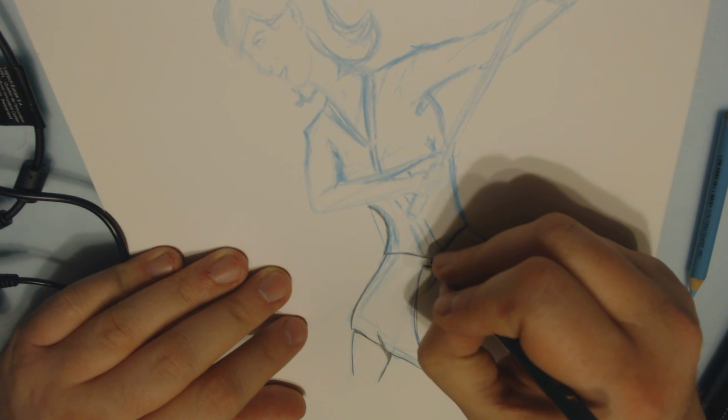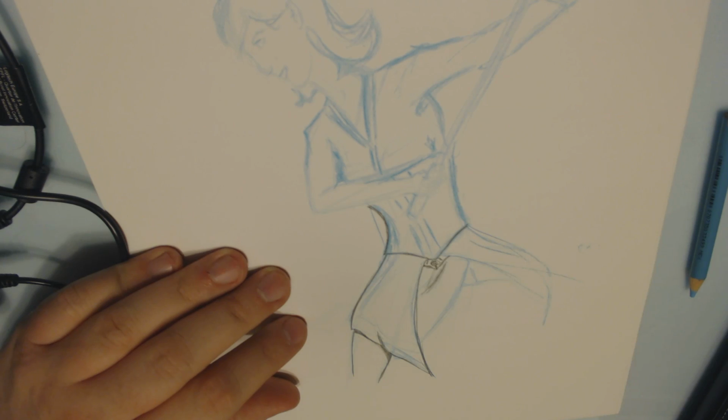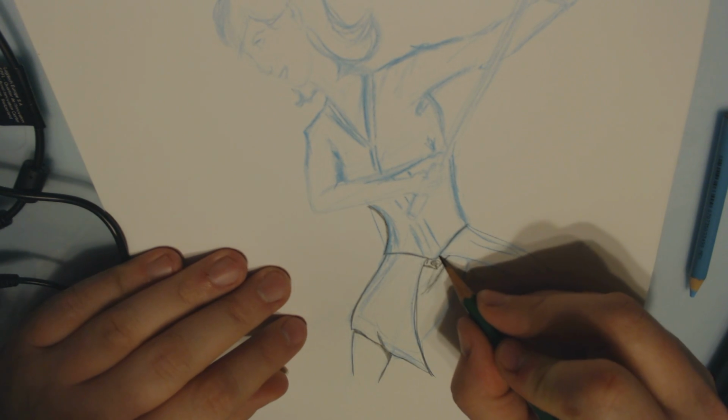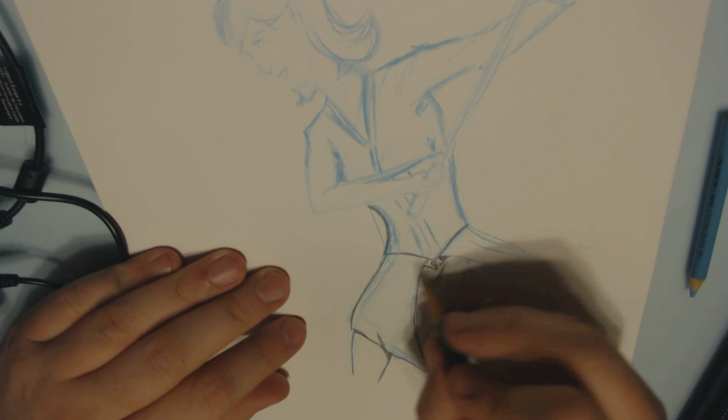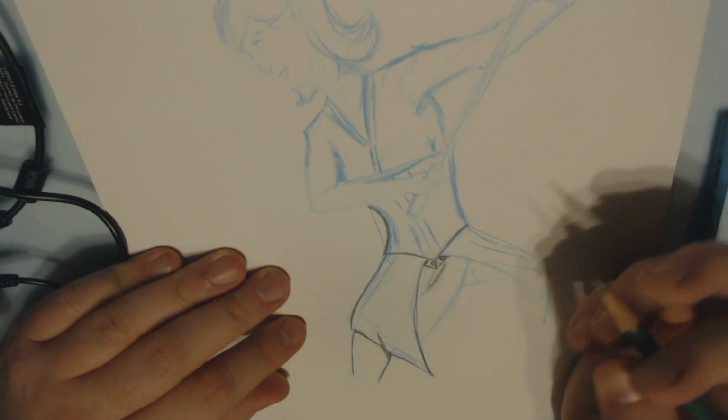Just right here, what happened is I had a little bit of a belt concept, so I'm doing that. It's a very small detail, but it's helpful. Just getting an idea of